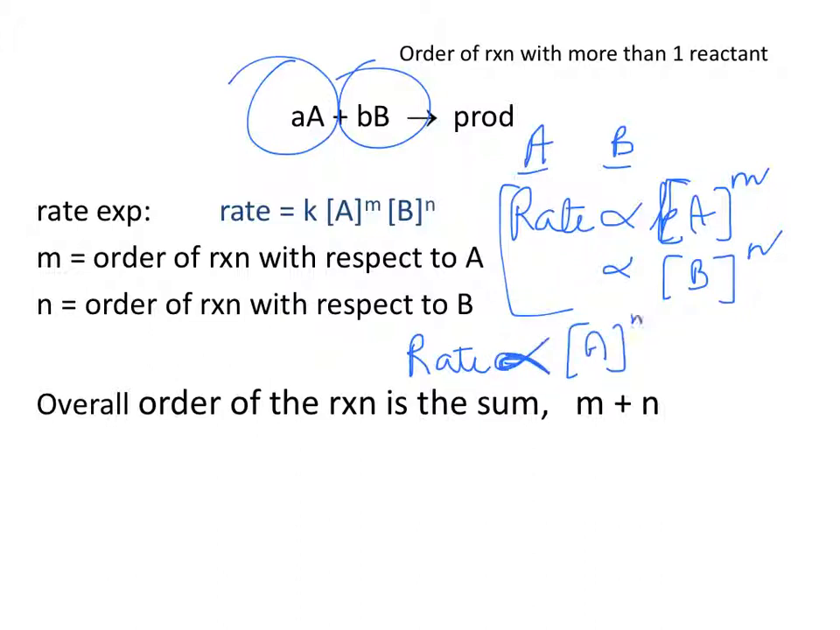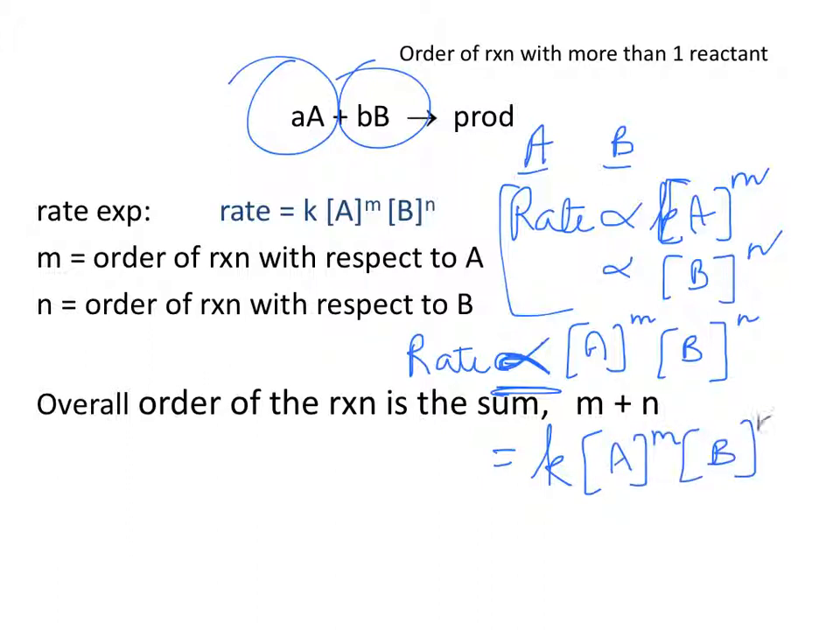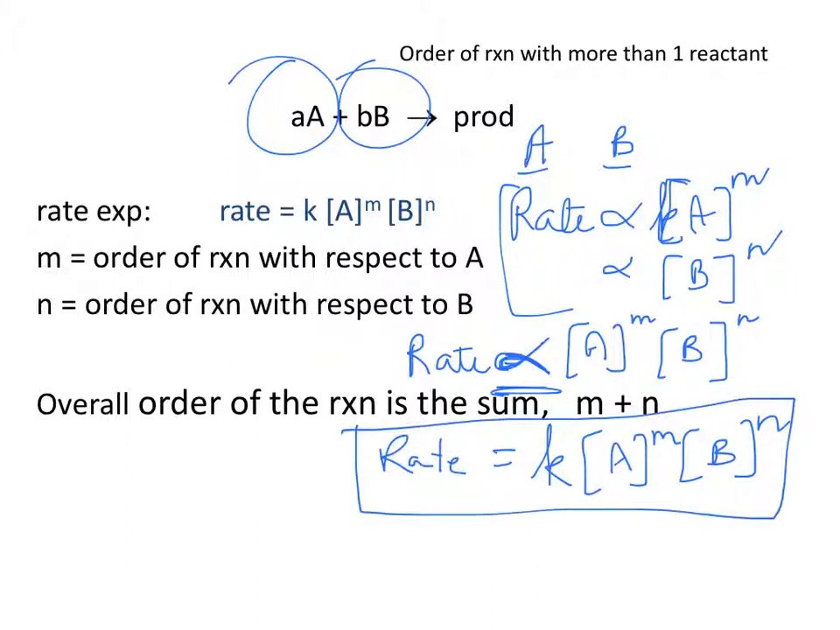A raised to the power of m, which is the order with respect to A, times B raised to the power of n, which is the order with respect to B. So now when I remove the sign of proportionality, I have to introduce a constant of proportionality, and my rate law starts to look like this. Rate is equal to k times A raised to the power of m times B raised to the power